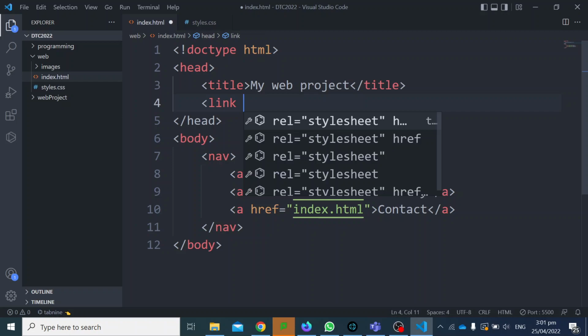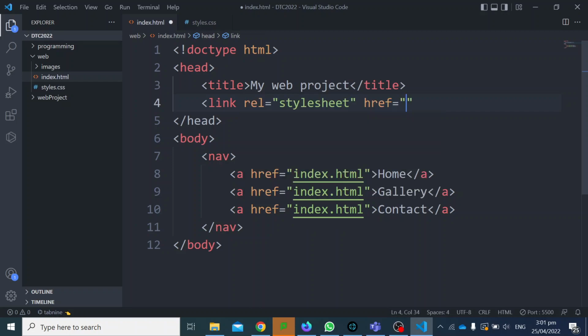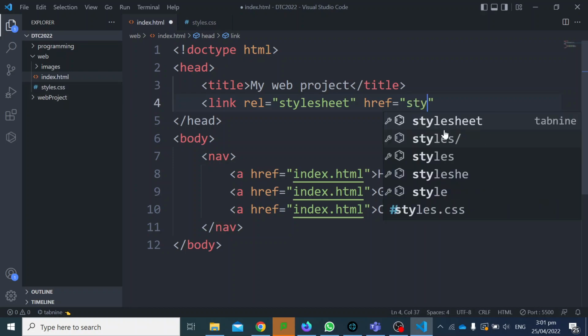Now the relationship of the link is a style sheet, and where we're going to find it is right next to where you are. We don't need to say go inside this folder. You just literally say just this name because it's right there. So